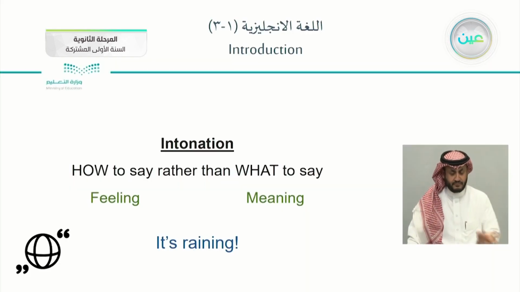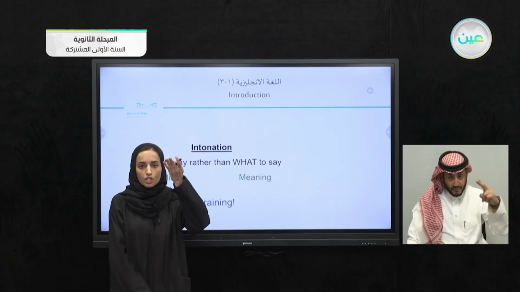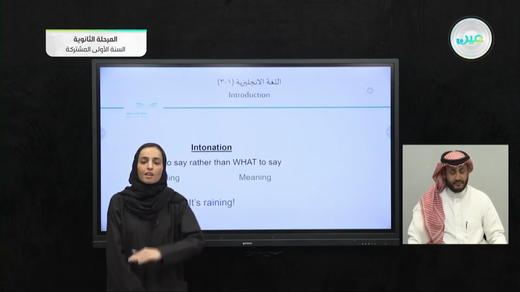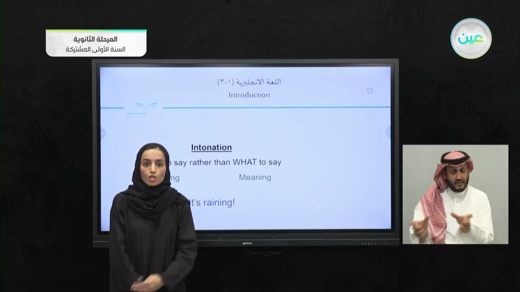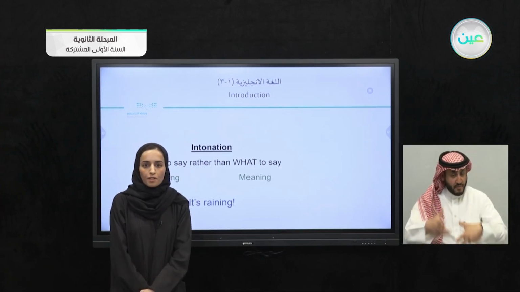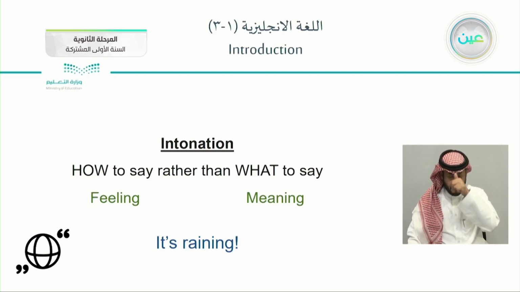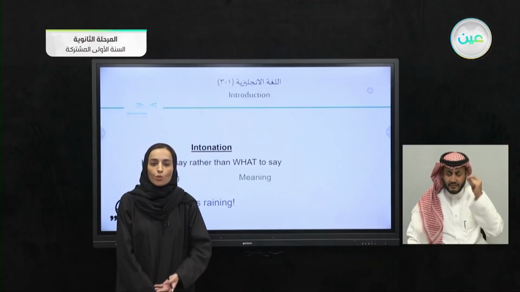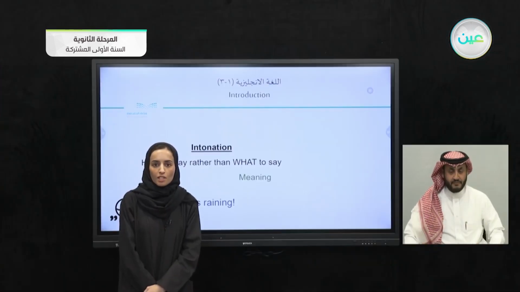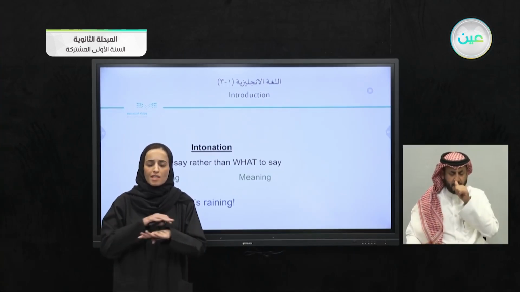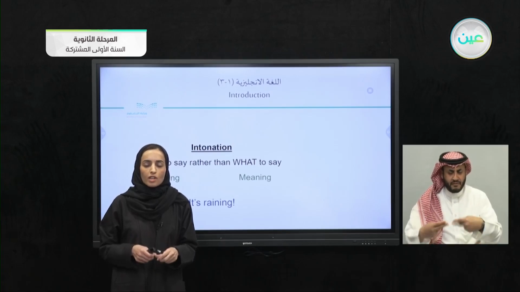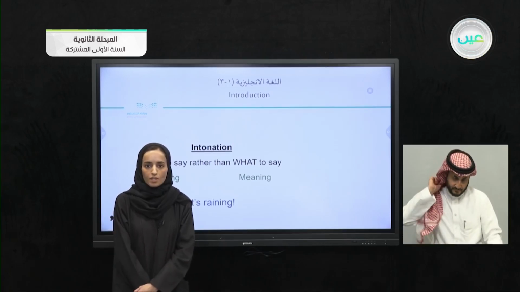We have in here the phrase, it's raining. You can say it in a higher intonation, rising intonation, and a falling intonation, which is going to tell how I feel towards the idea of rain. So we can tell in here, it's raining. It's raining. You can notice that it's raining. I'm so excited about the idea of it's raining, or it's raining. You're not happy at all. It means nothing to you. It's raining, or it's raining. You're so happy about it.